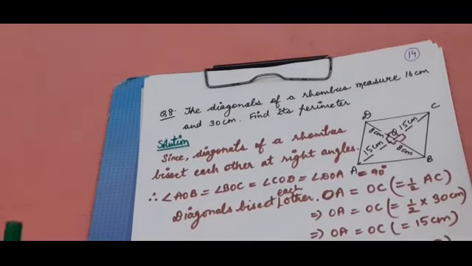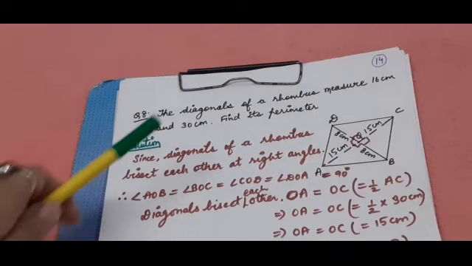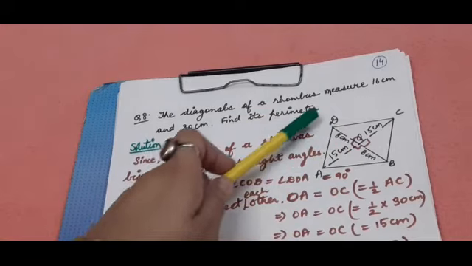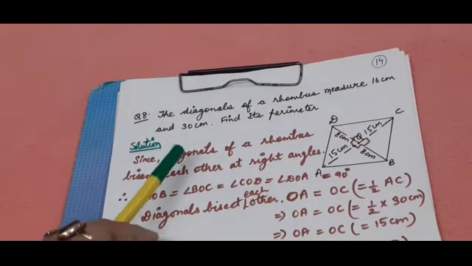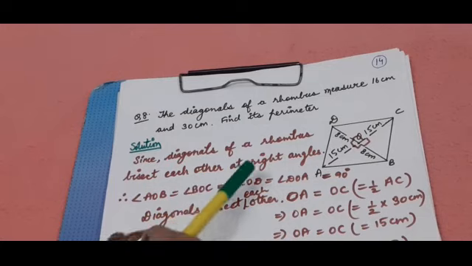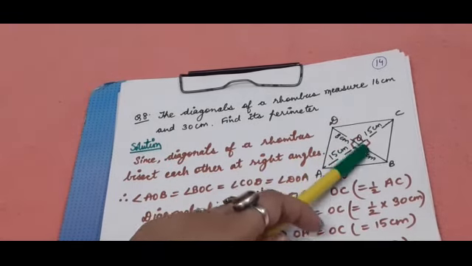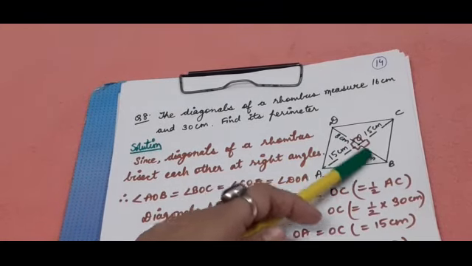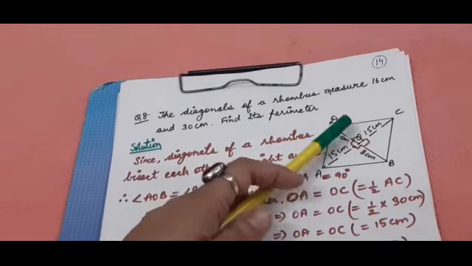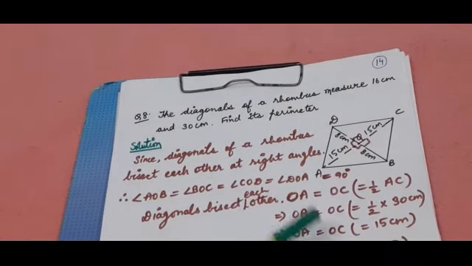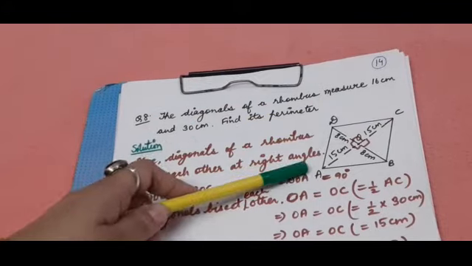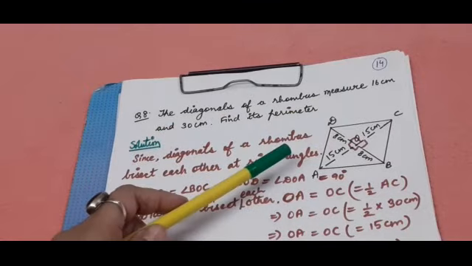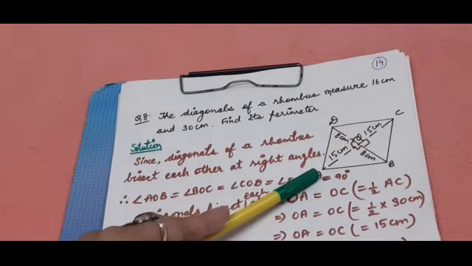Now question number 8, the diagonals of a rhombus measure 16 centimeter and 30 centimeter. In this, ABCD is the rhombus, and the diagonals are 30 centimeter and 16 centimeter. We know that diagonals of a rhombus bisect each other at right angles. That means bisect means they both are equal. That means this is 8, 8. If BD is 16, then OB is 8 and OD is also 8 because they bisect each other. That is a property of a rhombus. Now this is 30. If AC is 30, the second diagonal, then OA and OC are also 15 centimeter. That is half of 30 centimeter.